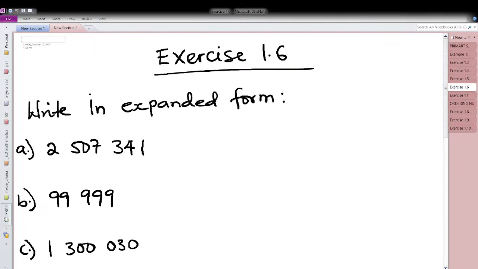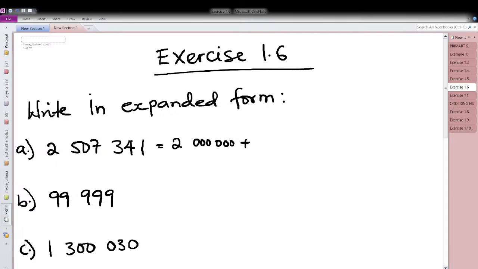Okay? So A says 2,507,341. This can be written as 2 million. Now, this is how you write it. Pick the first digit, which is 2. Write the place value, which is 2 million. Every other digit after 2 should be zeros. So this is 2 million plus